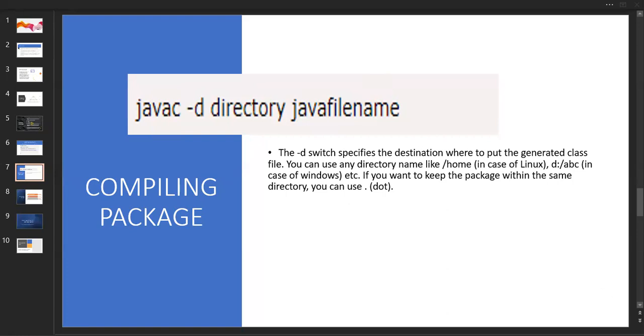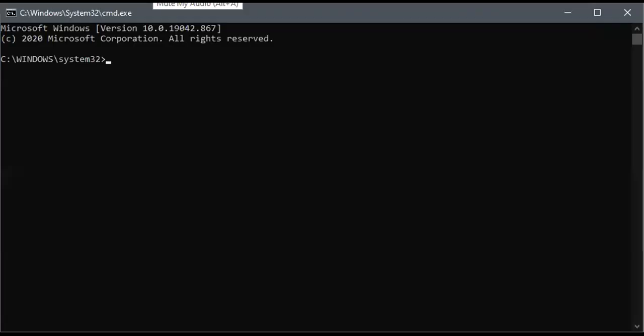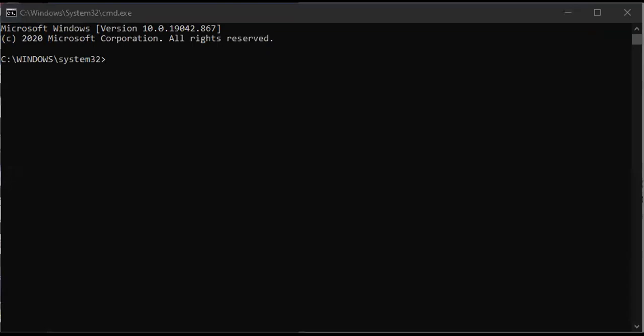One second, it's not open. Oh, wait a second. My PC got stuck. One second.